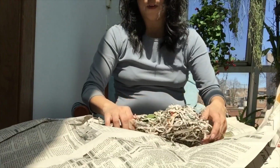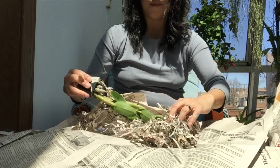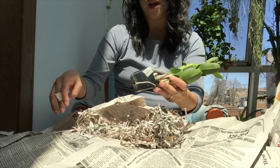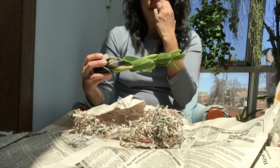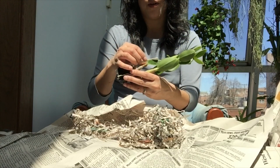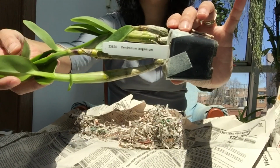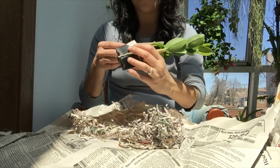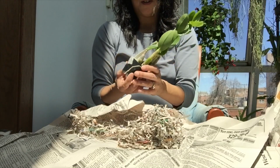So my first unwrapped plant is a Dendrobium. H&R is actually kind of moving out of Cattleya breeding. They used to do a lot of Cattleya breeding, but it seems like they have really moved toward Dendrobium breeding. And so I did get a few Dendrobiums. I got tangerinum from them. And actually, I'm realizing now that since I'm using the reverse camera, I don't know if the labels are going to come out in the right direction, or if they're going to be reversed. So, but tangerinum,